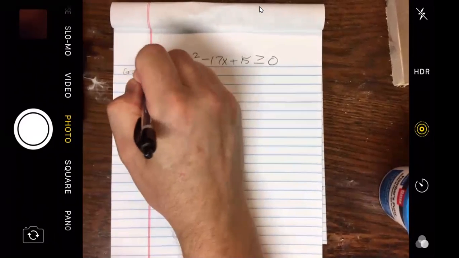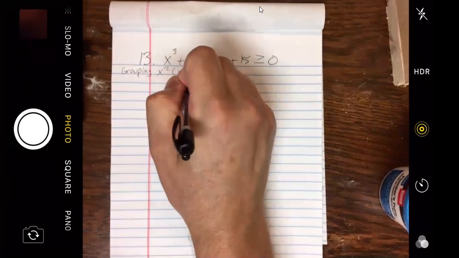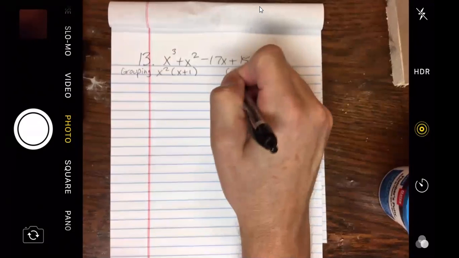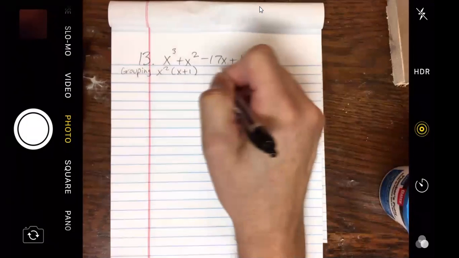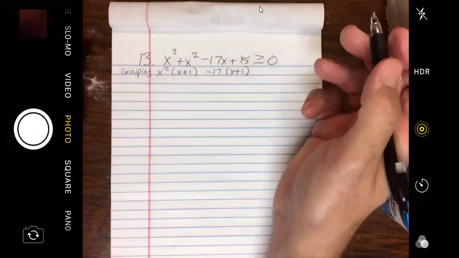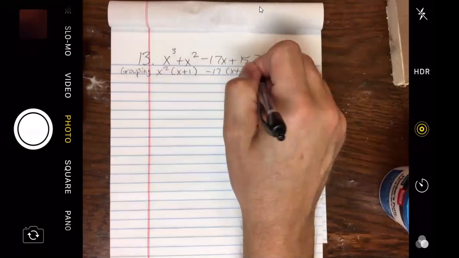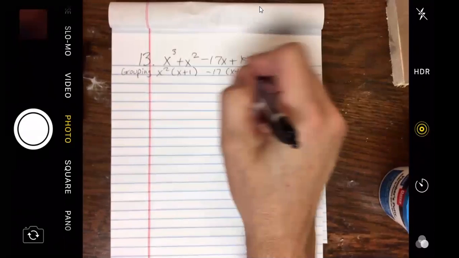Ordinarily with 4 pieces, you want to think grouping, but I hope you can kind of look in your crystal ball and realize it just isn't going to work. If you pull out your x squared, you're left with x plus 1. Stick an x plus 1 over here. You need a minus 17x, and you're going to get a minus 17. Just this grouping here with 4, it just wasn't cooked to group. That's going to make this a bit of a project,